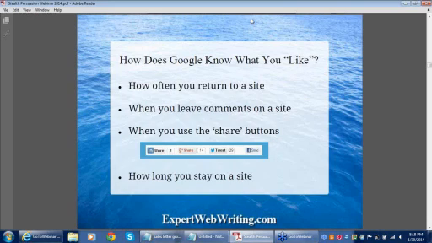Well, why would anyone want to share or leave comments or come back to a site and stay on a site if the content is crummy? Well, they don't. So having good content that's persuasive and emotional, that really touches the hearts and minds of your visitor, is the key to the new high search results. No longer are we going to be able to game the system with keywords and expect to stay in the search results. We will be rewarded for having content that people really love.